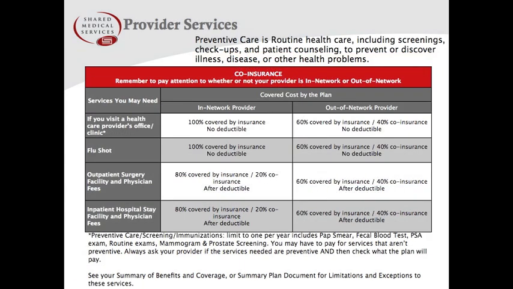Preventative services are covered at 100% by insurance for in-network claims under the regulation of the Affordable Care Act, also known as the ACA or Obamacare. Services include annual routine well care, such as an annual visit with your preferred care provider, or PCP, annual vision exams, flu shots, and routine surgeries. Again, please review the Summary of Benefits and Coverage or Summary Plan document for limitations and exceptions to any of